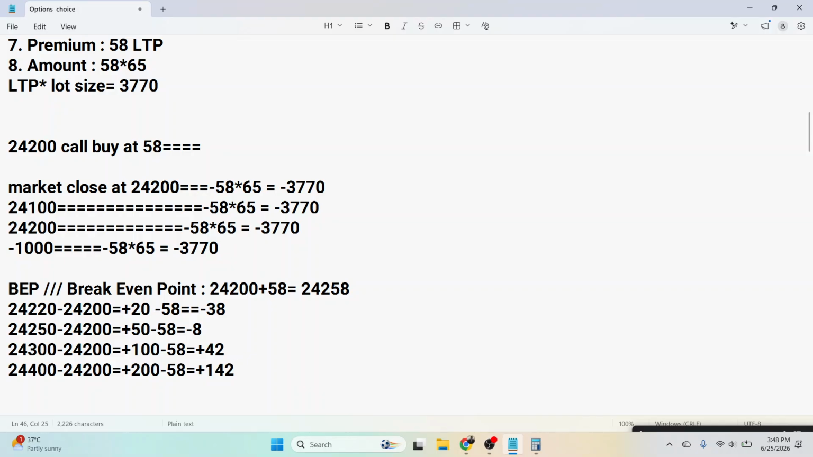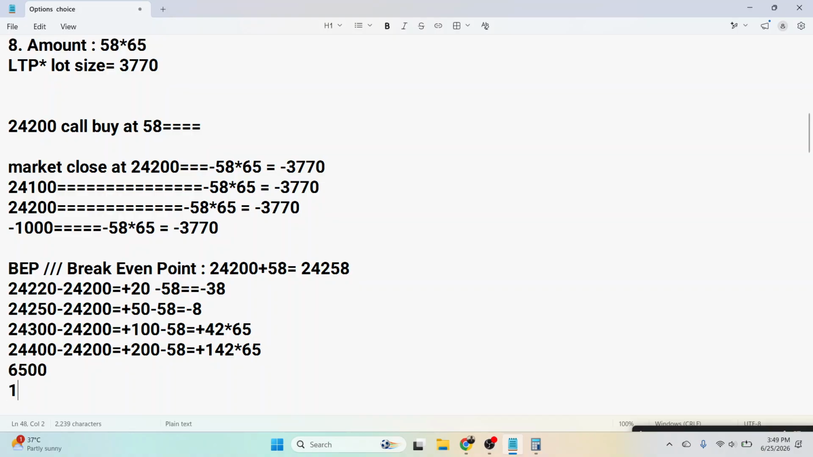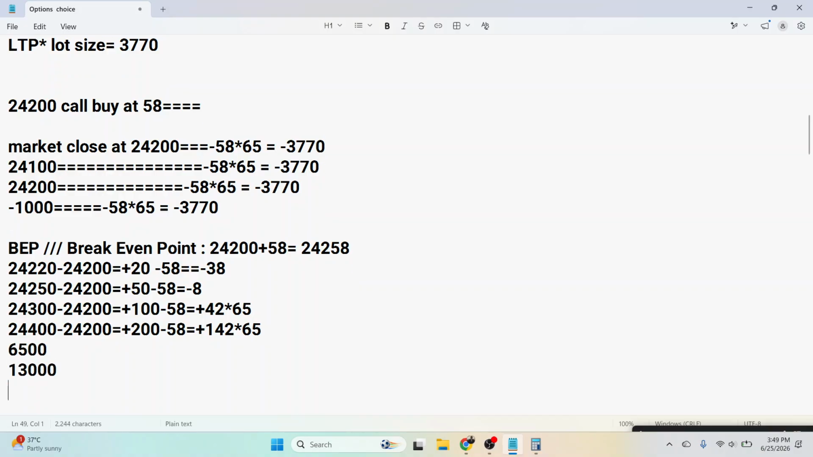नाउ यू कैन सी अब हमारा प्रॉफिट जो बढ़ता जा रहा है, अब जितना मार्केट ऊपर जाएगी उतना हमें प्रॉफिट हो जाएगा, मल्टीप्लाई बाय द लॉट साइज, इसको आपको लॉट साइज से मल्टीप्लाई कर देना है। ठीक है, 42 मल्टीप्लाई बाय 65, 142 मल्टीप्लाई बाय 65। इसी तरह 100 पॉइंट, 200 पॉइंट, 300 पॉइंट, 400 पॉइंट, 500 पॉइंट मार्केट ऊपर जाती है, तो मान लो अगर मार्केट 100 पॉइंट ऊपर भी जाती है तो हमें 6500 का फायदा होगा, 200 पॉइंट ऊपर जाती है तो 13,000 का फायदा होगा, 300 पॉइंट ऊपर जाती है तो 19,500 का फायदा होगा,